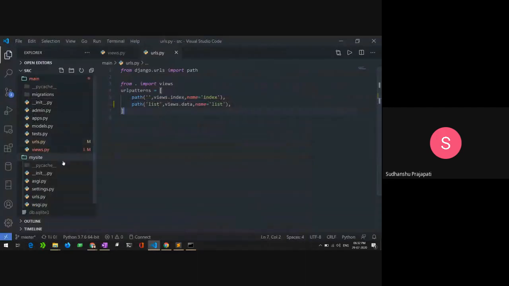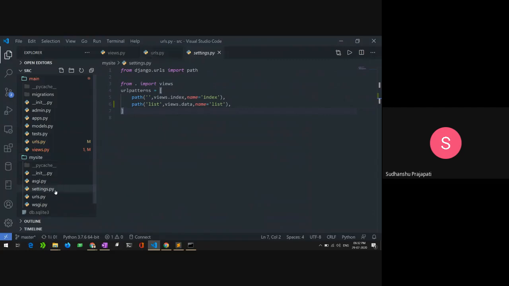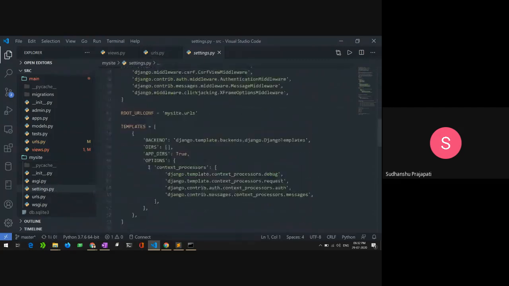For that, let's jump right into the settings.py file inside your my site folder.